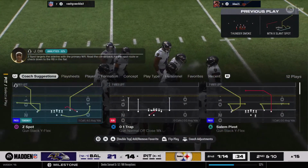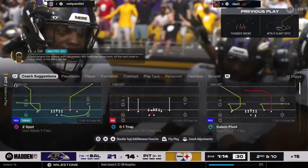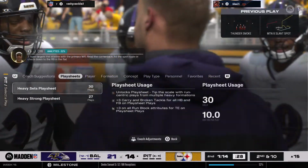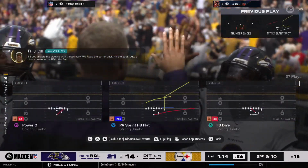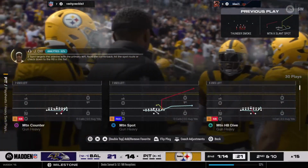DK Metcalf was the intended target. And that will lead to a 2nd down. There isn't much room for error when operating inside the red zone. The field is really condensed. Those throwing windows become a lot tighter and forces your quarterback to make...